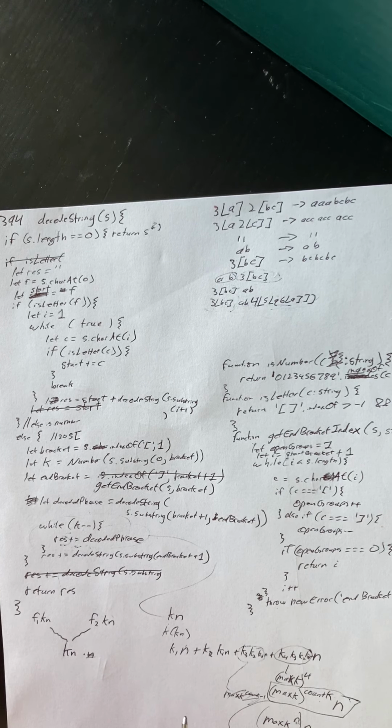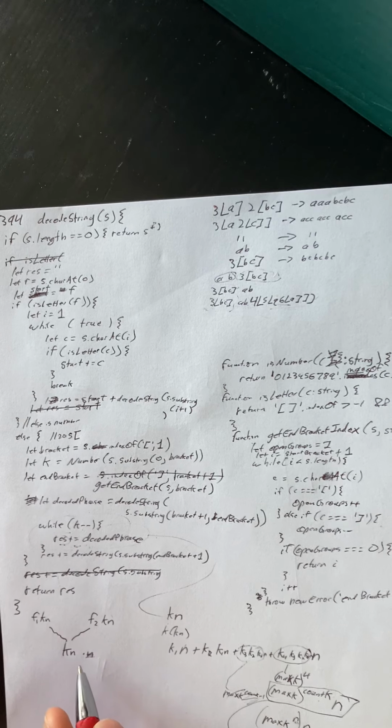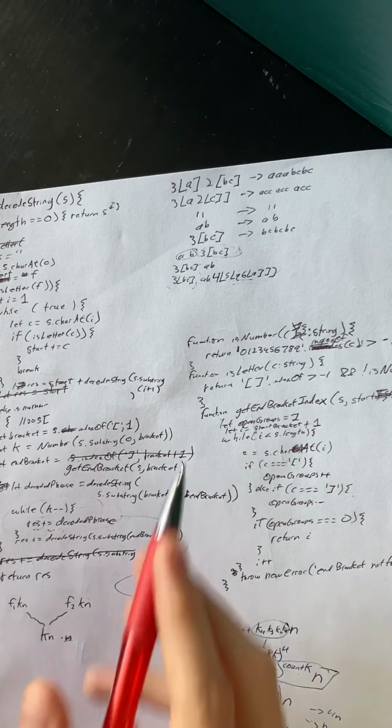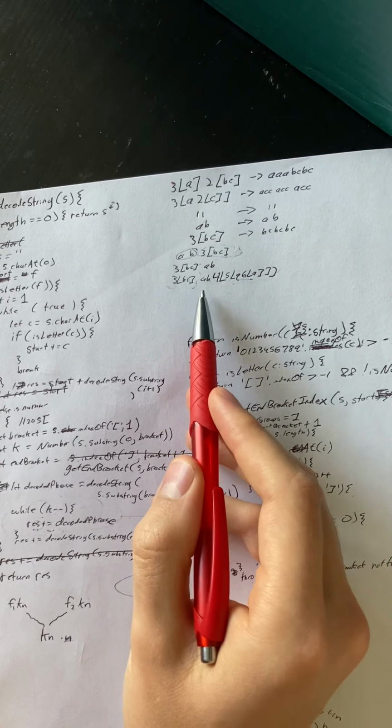Now, I think we do actually have to modify this more, because the final string isn't going to be just any kn. It's going to be length 3 times 4 times 5